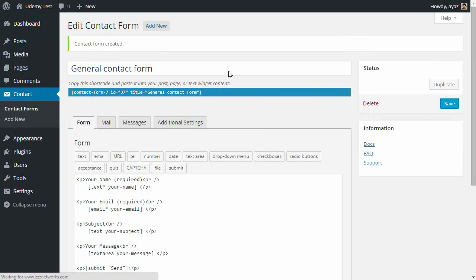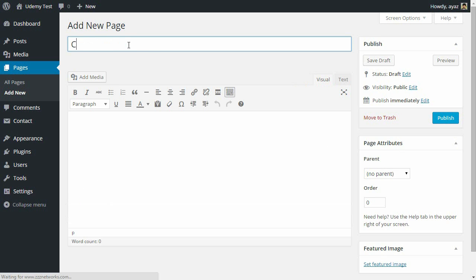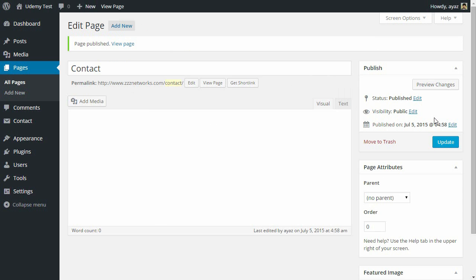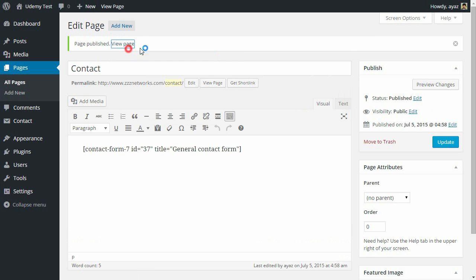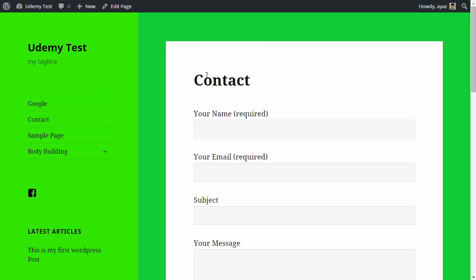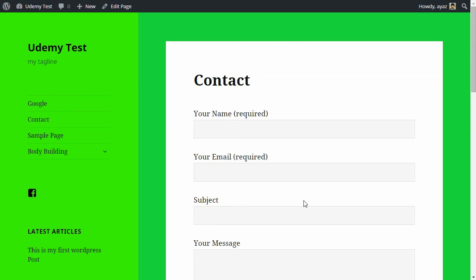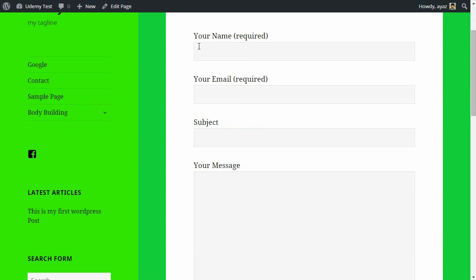And let's quickly make a contact page. Add new, let's name it contact, and here I'm just going to paste what I just copied from there. All right, and I will hit publish. Okay, now I will view this page I have created so far, and you will see contact and the three options, submit button. See how simply by just adding a plugin we were able to create a contact form,